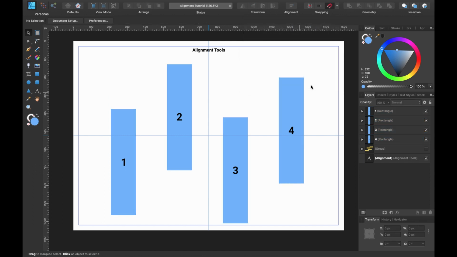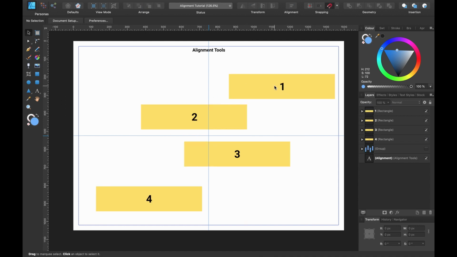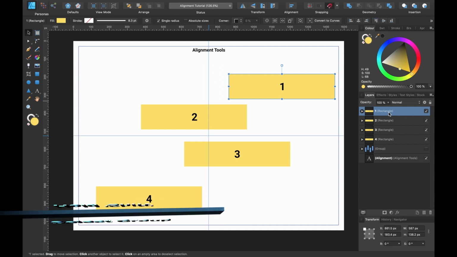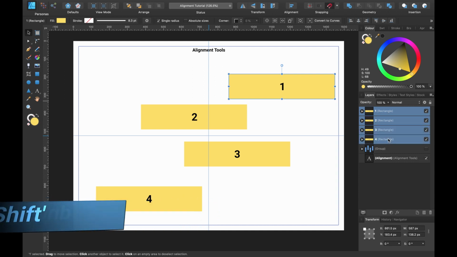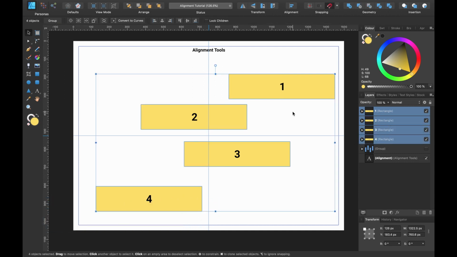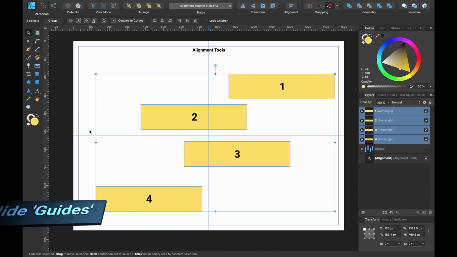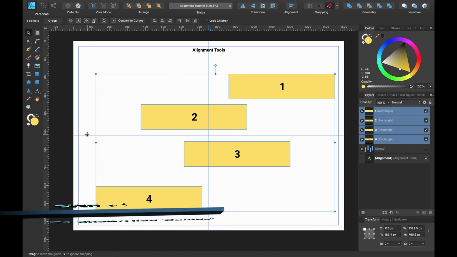And now I want to show you another example, but with horizontal rectangles. This time let's work with some horizontal rectangles. I'm going to go over here to the layers panel. I'm going to select the first, keep my finger on shift and select number 4. And this selects everything in between. They're all now selected. But before we use the alignment tool, let's look at these guides I created earlier. Here's the vertical and here is the horizontal.